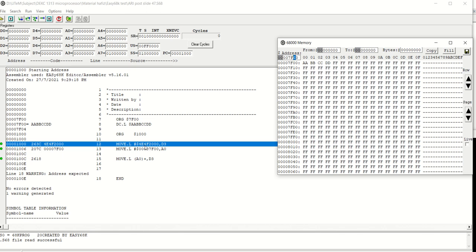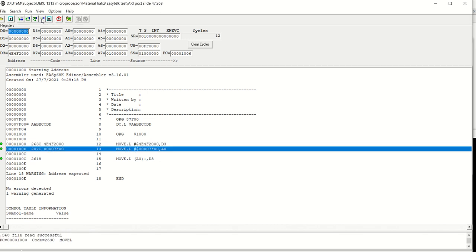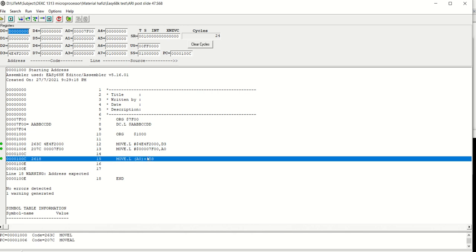Then next execution for D3. So we expect D3 will change into the value for A4F, and A0 change to 7F00.